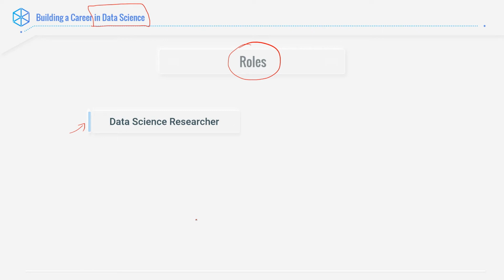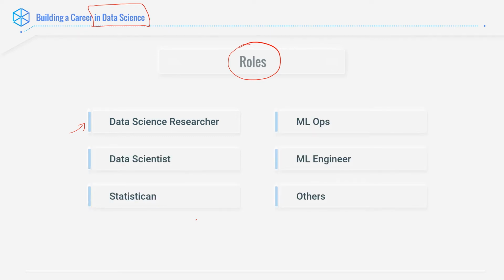But I do want to make one point extremely clear. When you are beginning your journey into data science, you should not be so stuck on which role in data science you are interested in. The aim is to get a foot in the door.